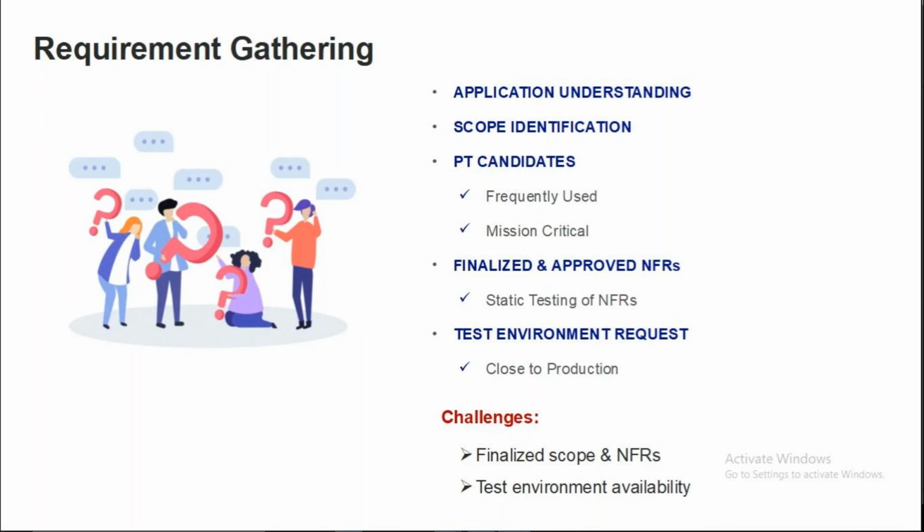Remember. So what will you do? You will have the list of NFRs. You will go through each and every NFR. You have understood the scope, the application, and what you have to test. So you will go through those NFRs and check if any information is missing: if the number of users has been given or not, if the response time for different transactions has been given or not, if the throughput is given or not. Clear, all of you?